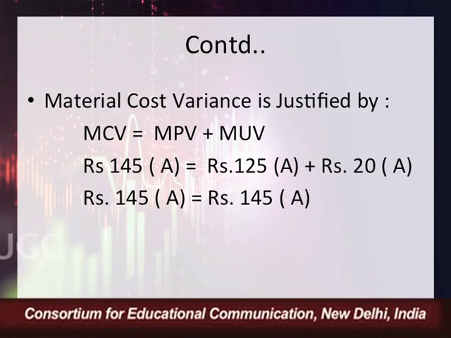In this question, my dear students, fortunately all the components have adverse tag. There might be a possibility that one of the components out of price and usage variance may have the favorable tag. So in that way, we'll be applying the plus minus computation. Favorable will be on one side. Favorable will be treated as plus sign, and adverse will be treated as minus sign. So plus minus minus, the differential value will be taken here to justify our answer. So in this way, we have computed material cost variance and also justified it with the computation of price variance